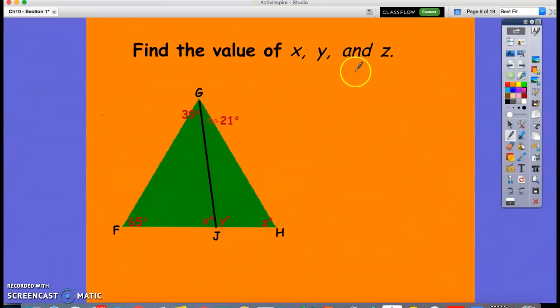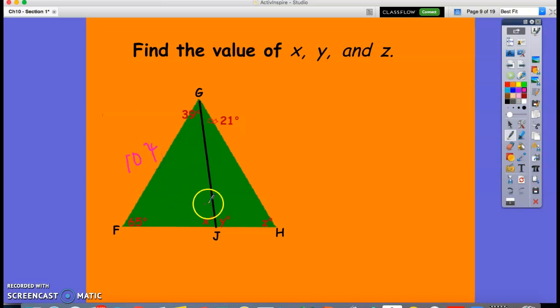Now find the value of x, y, and z. I want you guys to pause the video and try to solve it, and then check the answers. So 39 plus 65. We have two triangles. This is one triangle, this is another triangle, right? So 39 plus 65 is what? We get